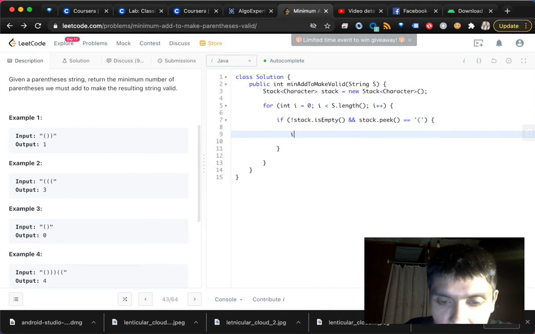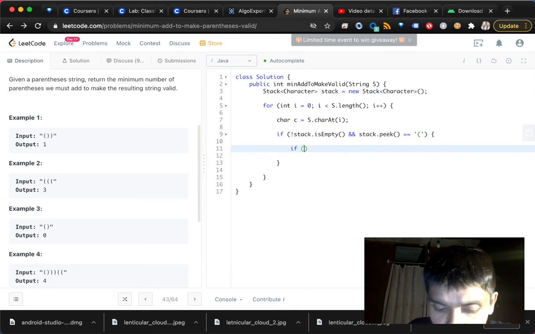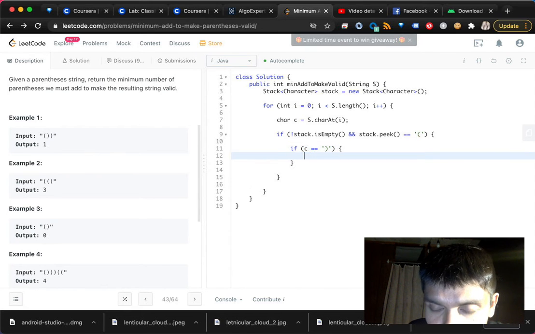Then we want to check if, and for brevity, char c equals s.charAt(i), so we're getting the character. If c equals close parentheses, then stack.pop. Pop. Okay, what am I saying here? I'm saying that if the top of the stack is